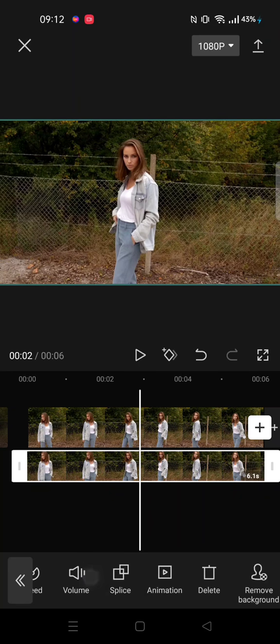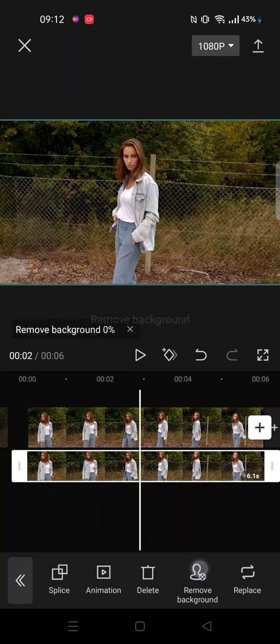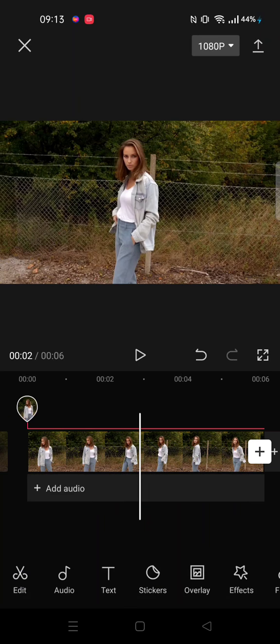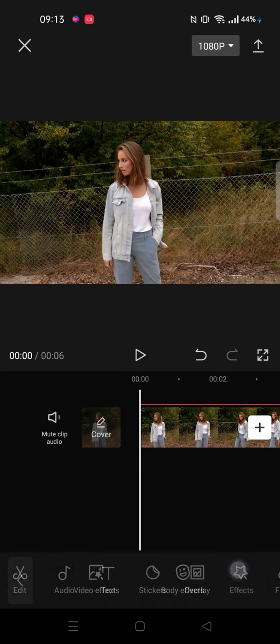Now select the overlay layer and remove the background. Wait for the process. Okay, now the background of the overlay layer has been removed, and back to the main menu and choose effect,